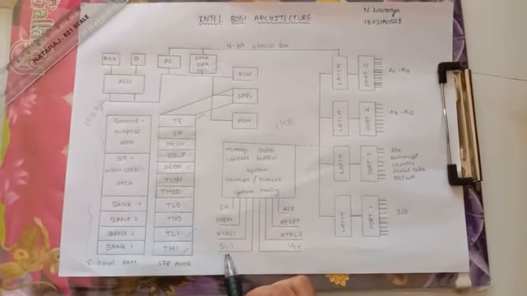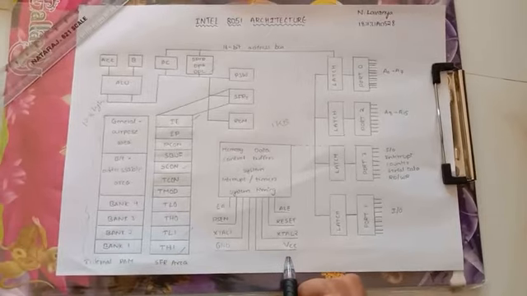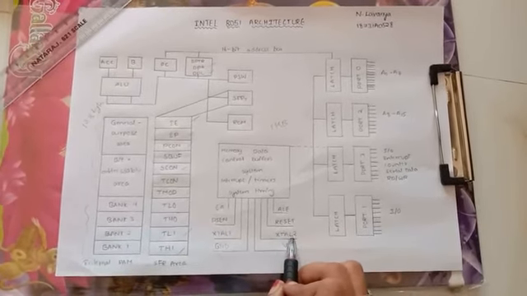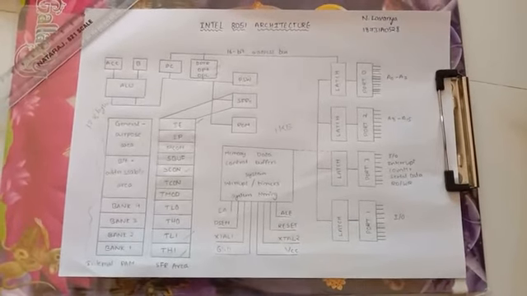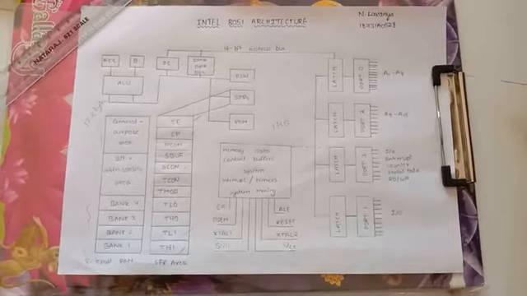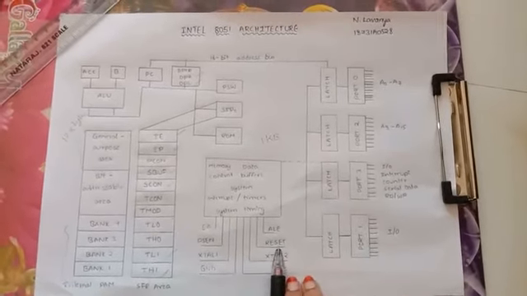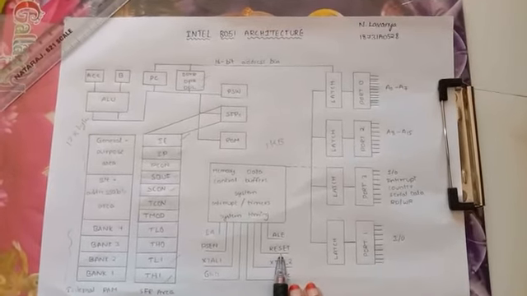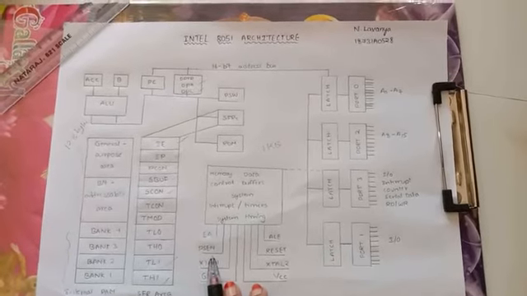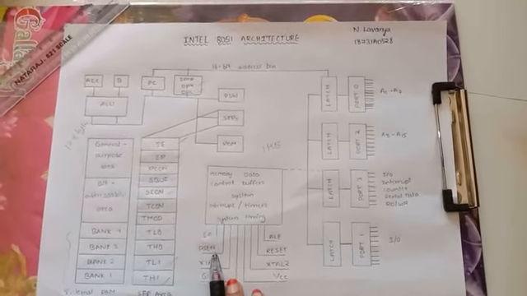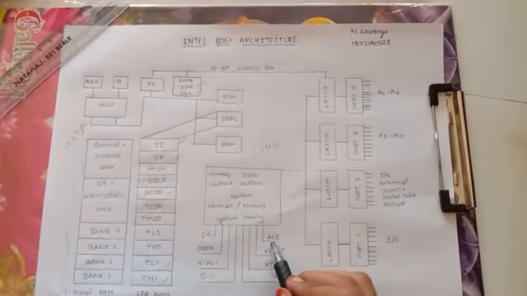Ground is to control the operation, and next VCC is the power supply, and next XTAL1 and XTAL2 are the oscillation signals which connect to the crystal circuit to generate clock pulses. And then reset. For every operation, the 8051 is going to be reset. Next, PSEN, program store enable. Using this, 8051 can fetch the data from the ROM. Next, ALE, address latch enable.